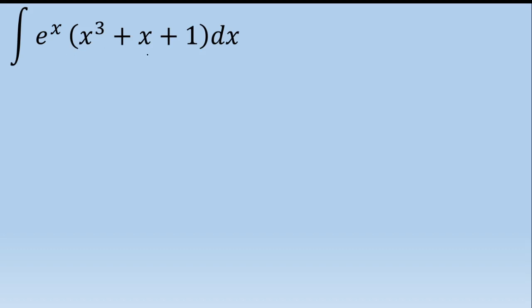So we're going to solve this integration within 10 seconds. So before I do this integration, I need one prerequisite, one formula. Using that formula, we're going to solve this integration in 10 seconds. The formula is, whenever this integration e raised to power of x, f of x plus f dash of x is present, so the integration will be equal to e raised to power of x multiplied by f of x.